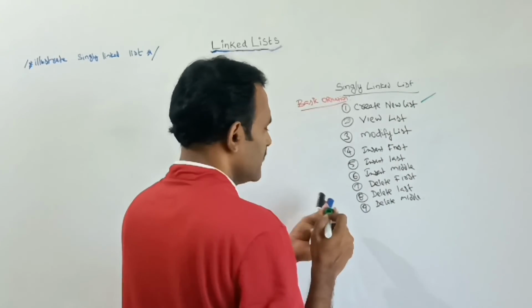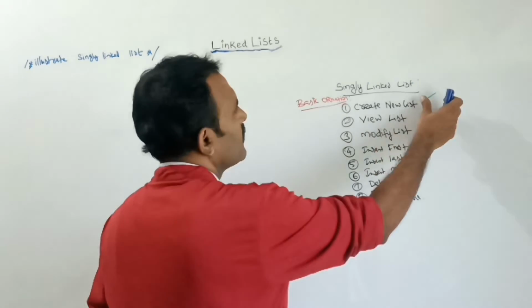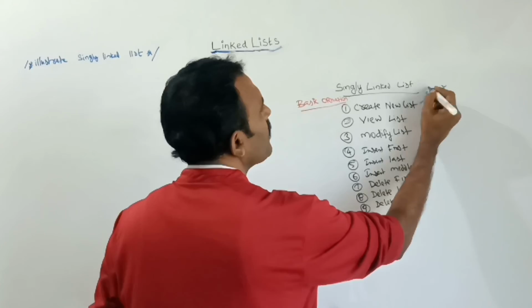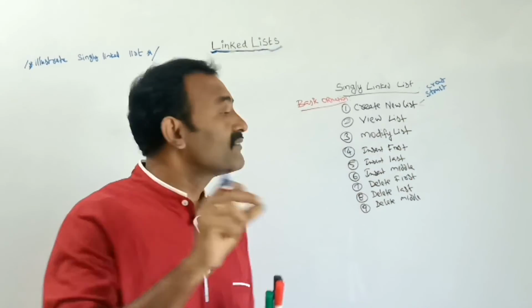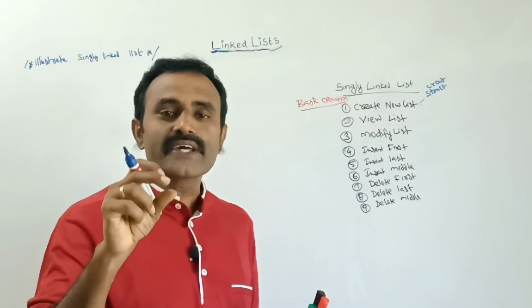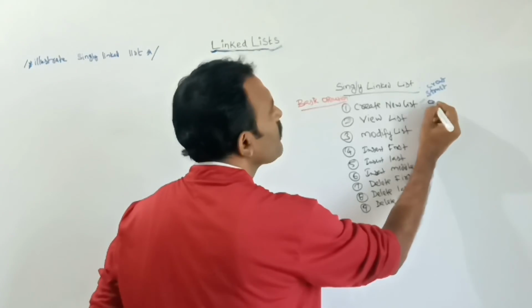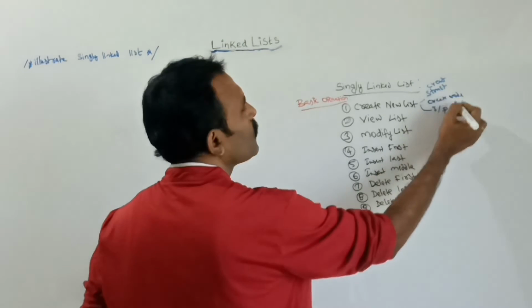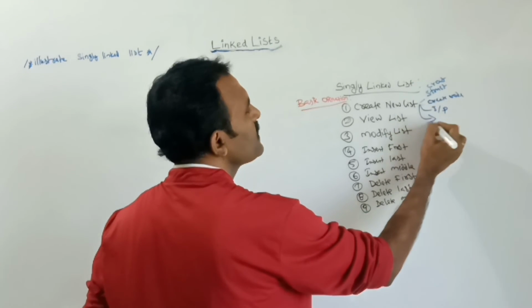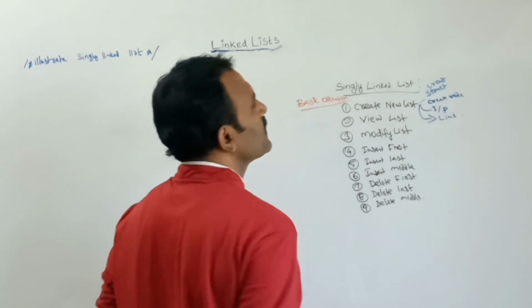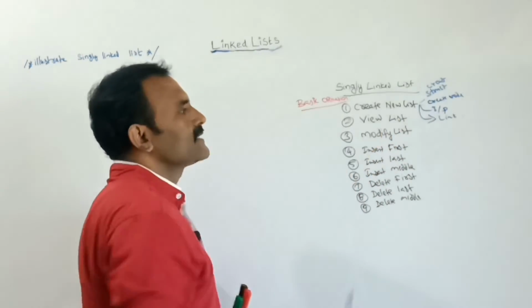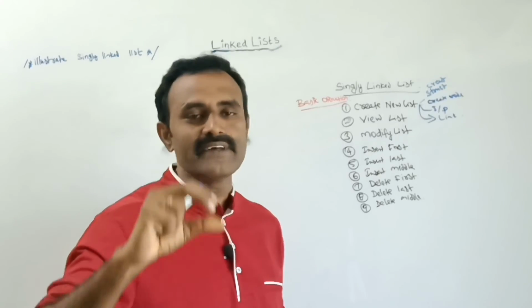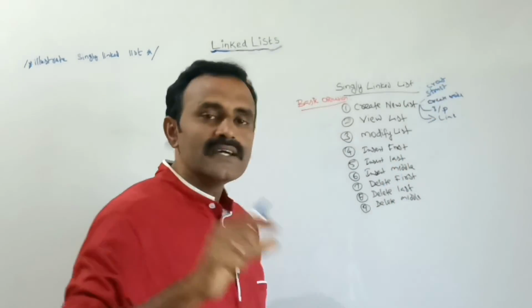Say create. For creating a list, first we need to create a structure. Next, after creating the structure, we should create a node. Next, we should give the input to the node. Next, we should set the link. We are creating a structure for storing the data and also for retrieving the data. We need a variable. For that, here I am creating the structure.